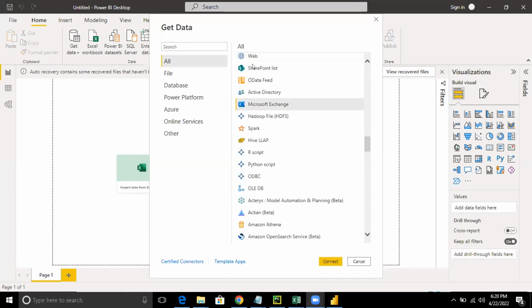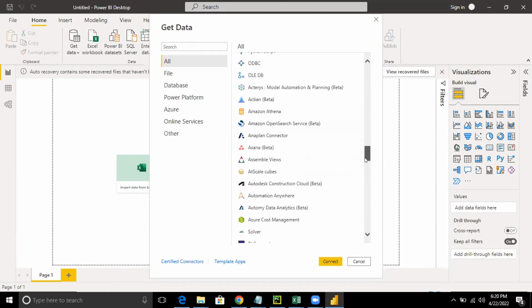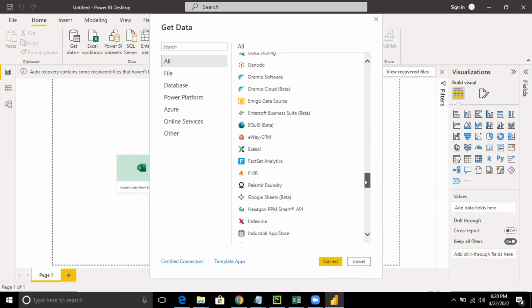Very good. So Ahmed, you found out that Denodo is one of the various data sources. Yes. Now, you know what you have to do. If you want to get very good expertise in this tool, you don't have to stick yourself only to Excel sheets. If you know Python, why don't you integrate a Python script with Power BI, right? If you know the R language, why don't you integrate it with an R script? So this 4-5 minutes of time that I gave you was to explore different options.